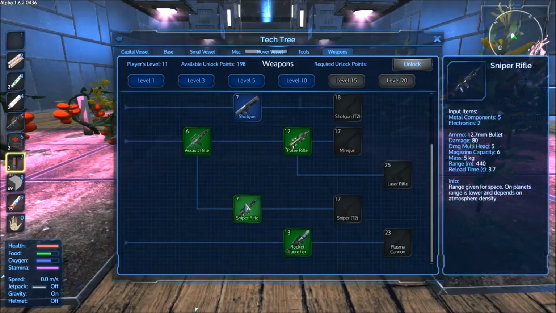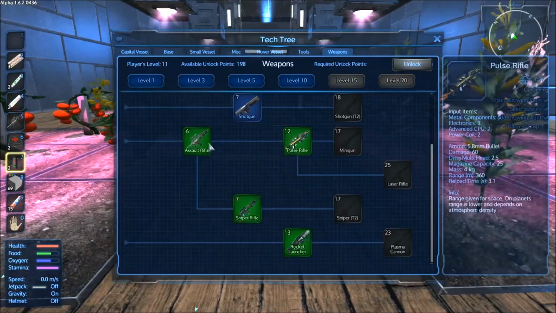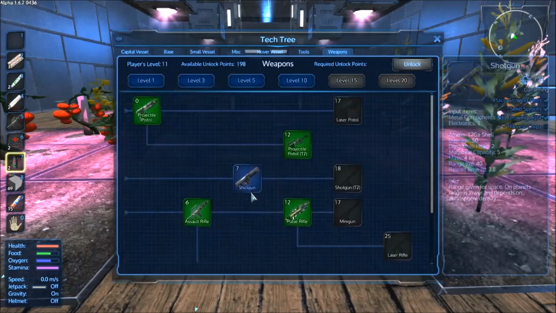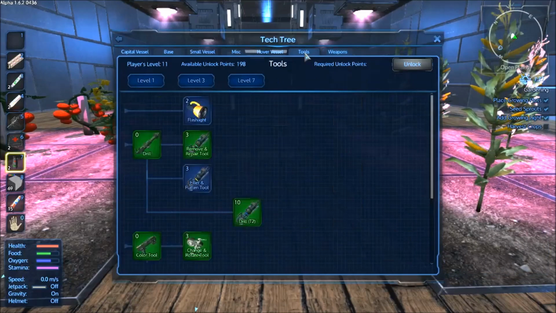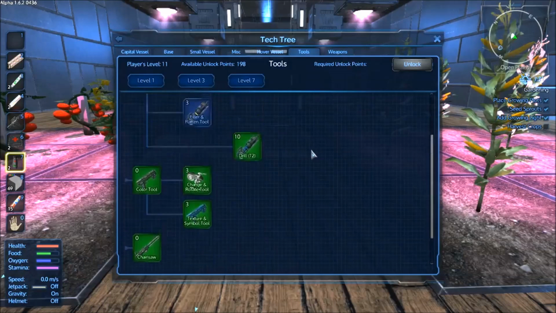Sniper rifle we can unlock, and rocket launcher we can unlock. So we could do a sort of ground assault against one of the smaller bases just armed with this stuff even before we got the vehicle. But we're not going to do that. Why risk it? The other thing I've unlocked, and I have used a little bit of the neodymium on this,